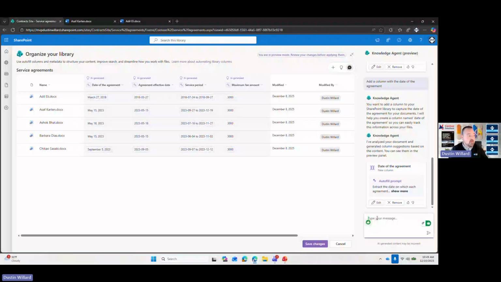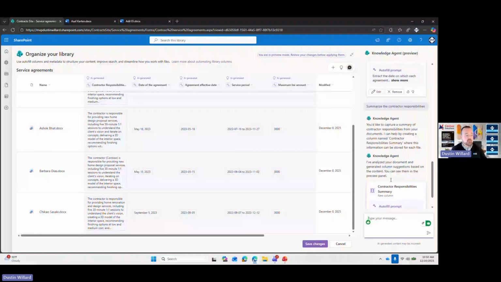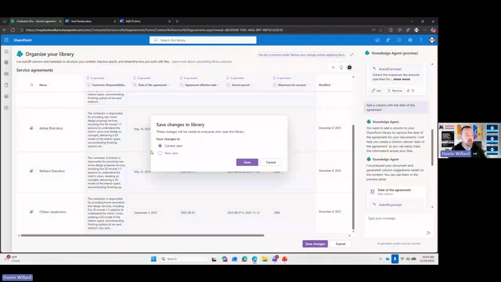I could say, hey, for the end of the agreement, just give me the year of it. You could literally ask it anything you want, and it will create those fields and those columns. Once I'm ready, I can either keep the view or create a new view. I'll do a new view so I can later remove it. But if I come here and save it,